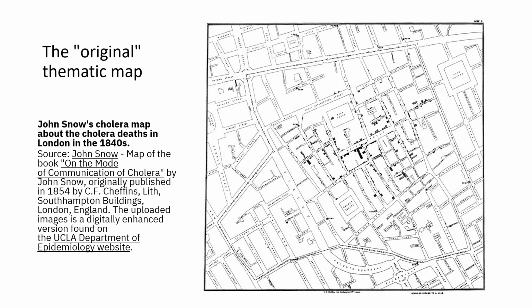This is an original thematic map created by Dr. John Snow showing cholera deaths in London, England during the 1840s. It was published in a book called On the Mode of Communication of Cholera and depicts a base map with the streets and boundaries of a neighborhood in London. The cases of cholera are shaded in black, and the location of the water wells are also labeled. With this map, John Snow and others could see that the deaths were all geographically proximate, demonstrating that the outbreak was a result of one infected water pump.